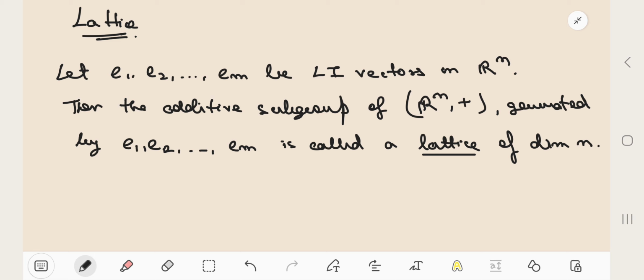Clear? Immediate things to observe here, or rather I can also add it up here, is called a lattice of dimension n generated by